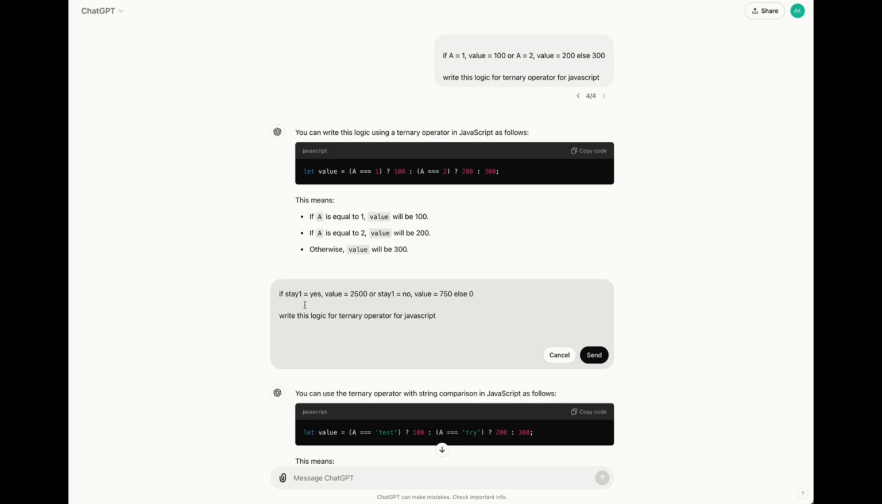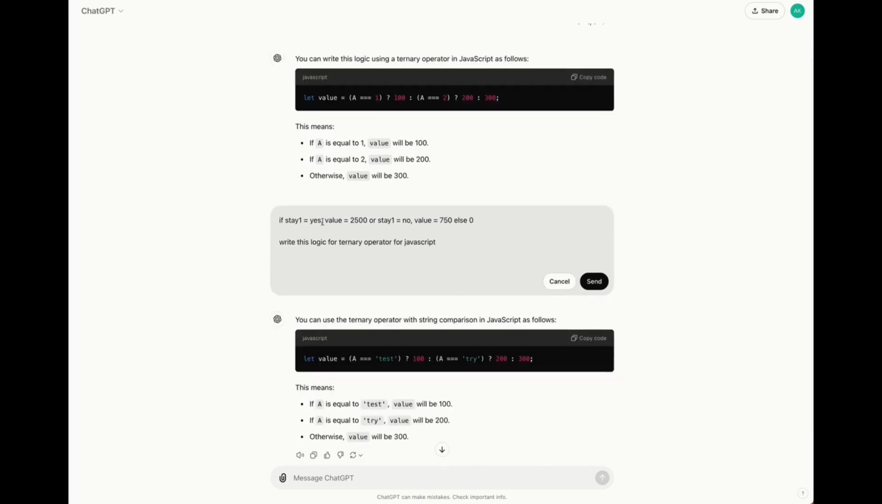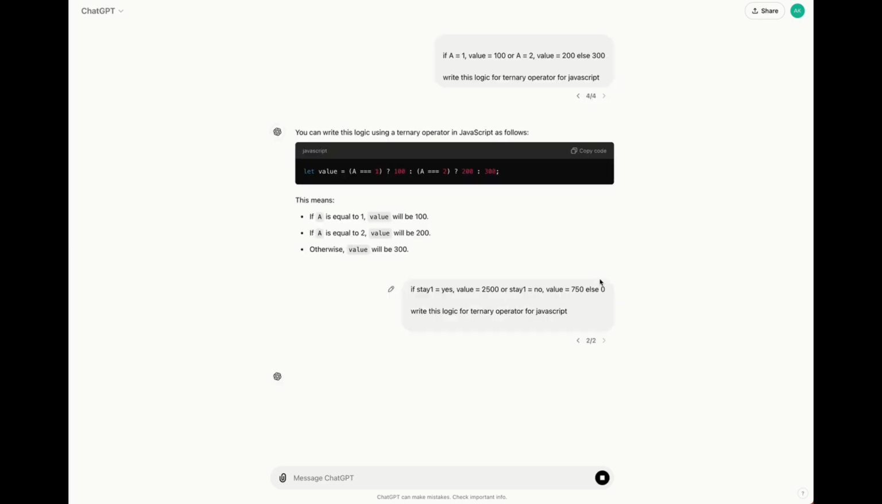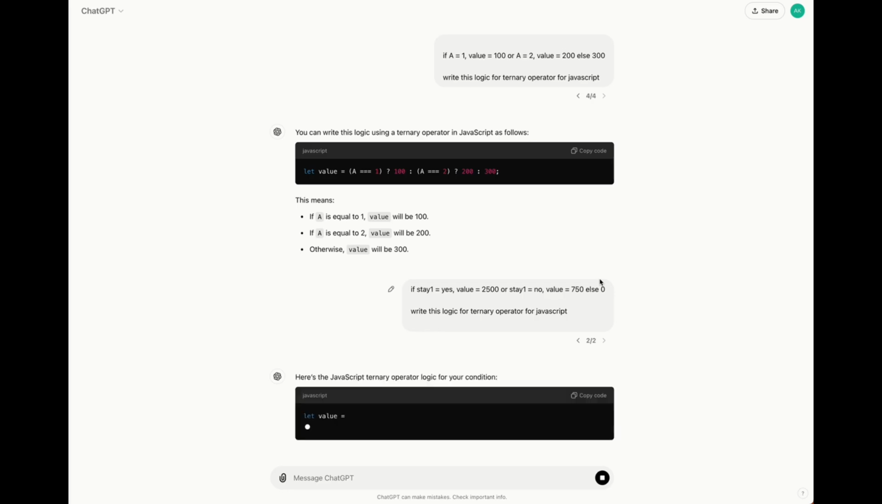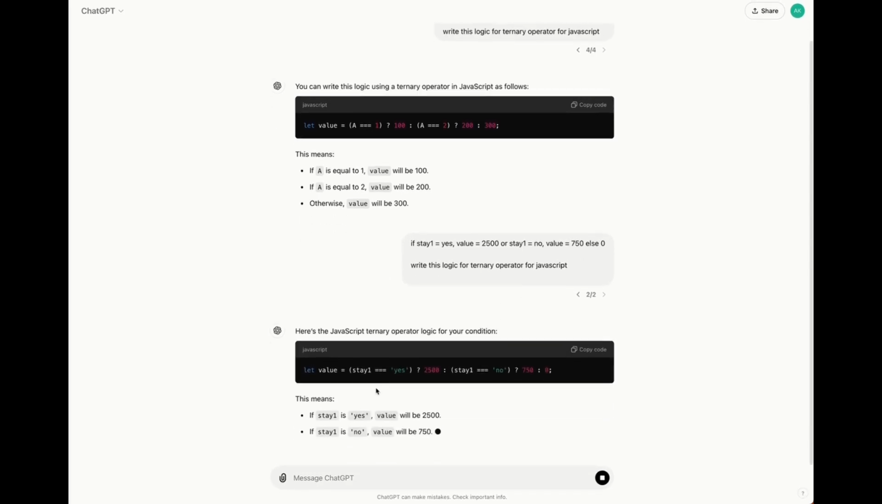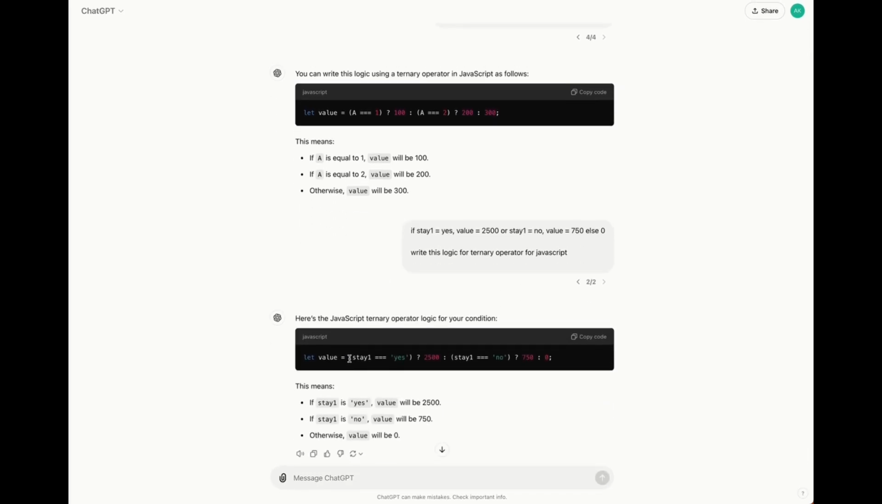So either it will be stay yes, stay no, or the field might not exist at all. This is my logic that is required. If it is the second person, third person, fourth person, then it would be 0. Now when you send this to ChatGPT, it will write the formula. This is the formula here. You can ignore this part. We need to copy this part from it,